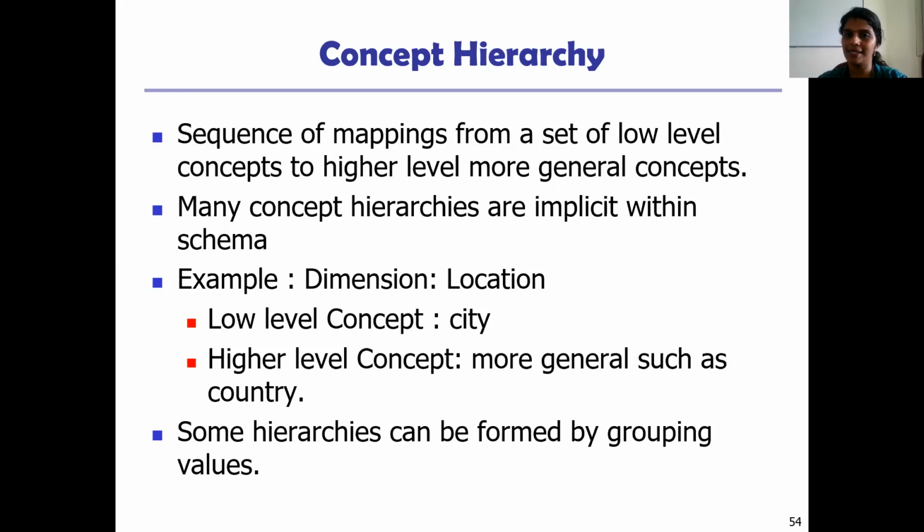So in today's session, we have seen three types of schemas: star schema, snowflake schema, and fact constellation. Star schema looks like a star structure. You have the central fact table and multiple dimension tables connected to the central fact table. In a snowflake schema, you have a more normalized, more refined version of the star schema. There also you have the central fact table as well as the dimension tables, but the dimension tables are normalized. This is to avoid redundancy.